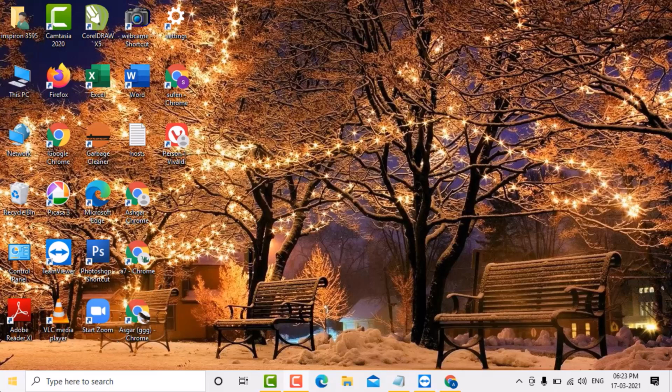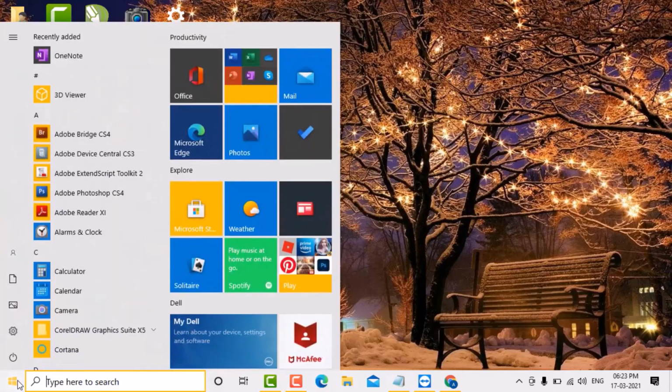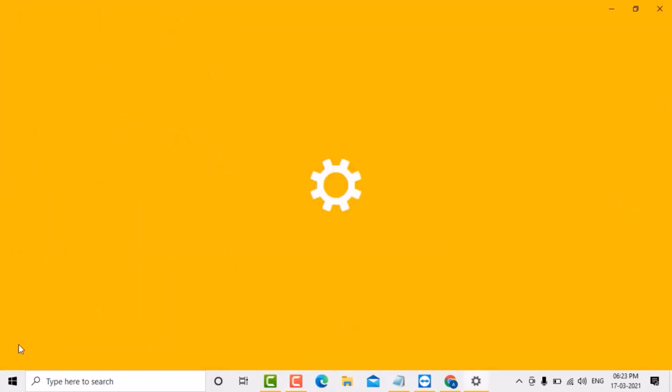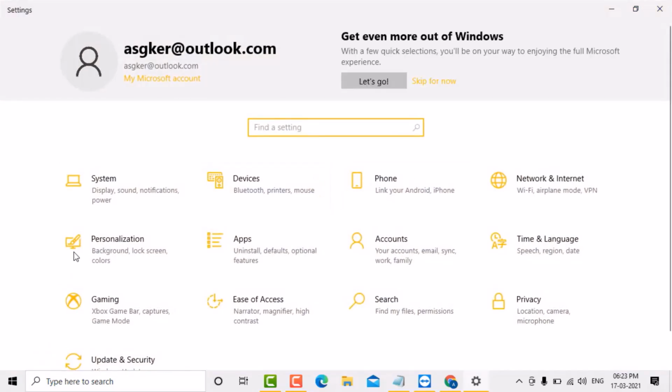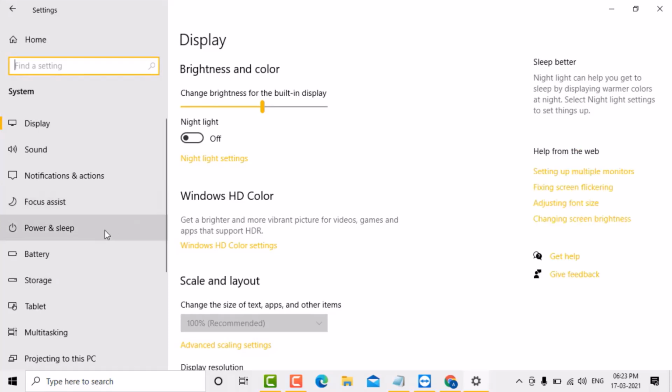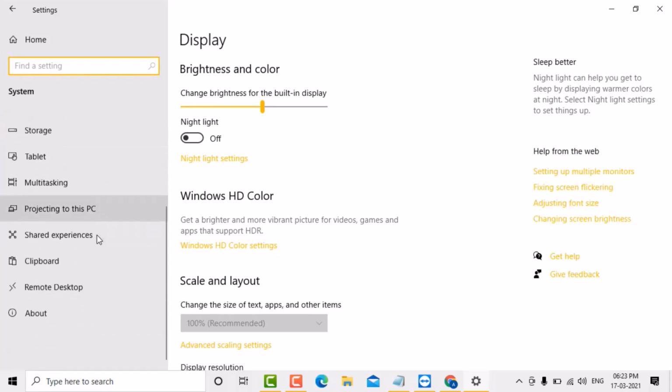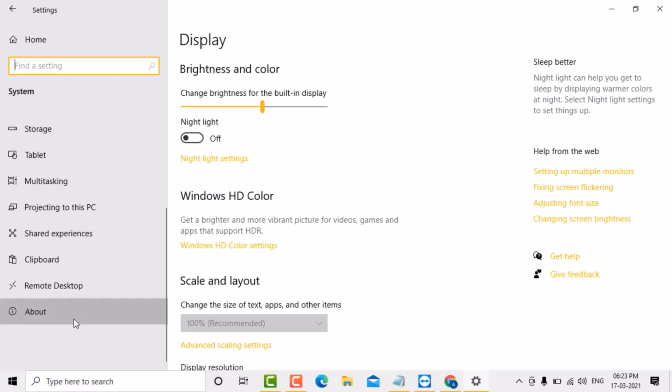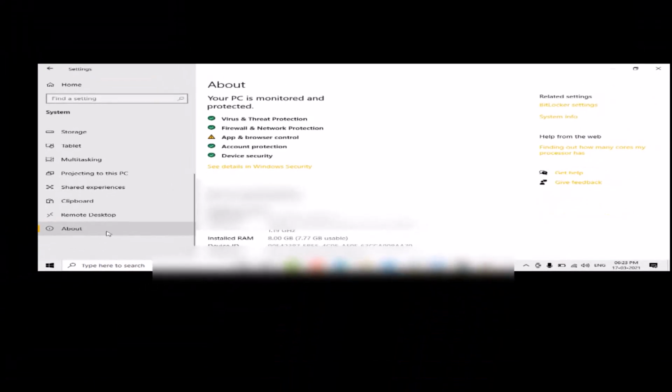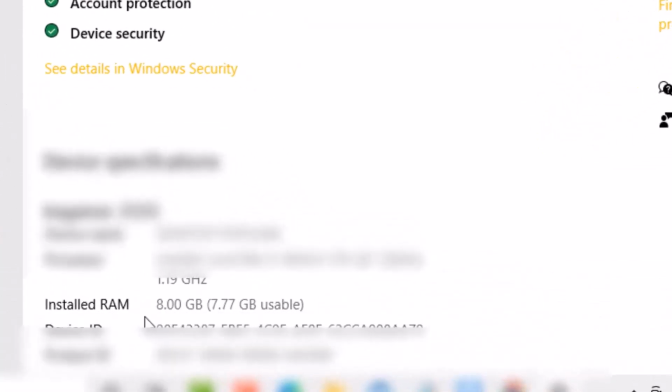First click on start, after that click on settings. Now click on system. In the left panel, scroll down and click on about. Here you can see installed RAM, in GB, usable